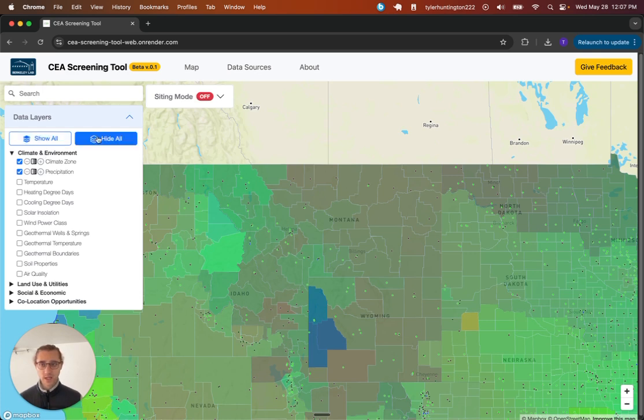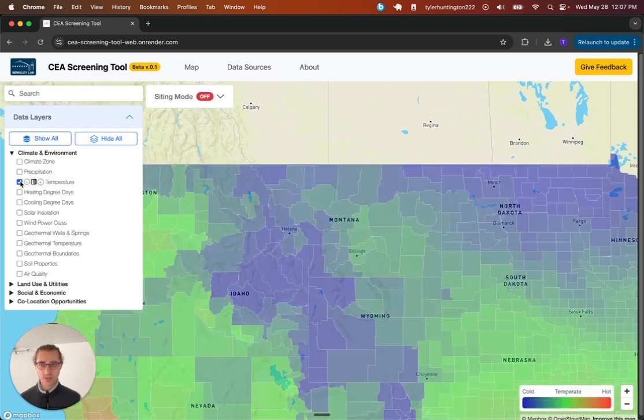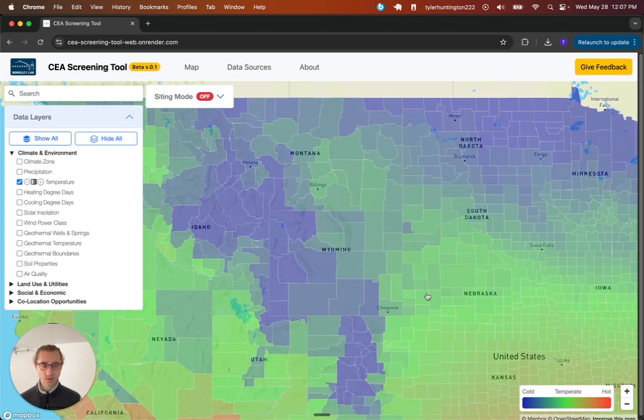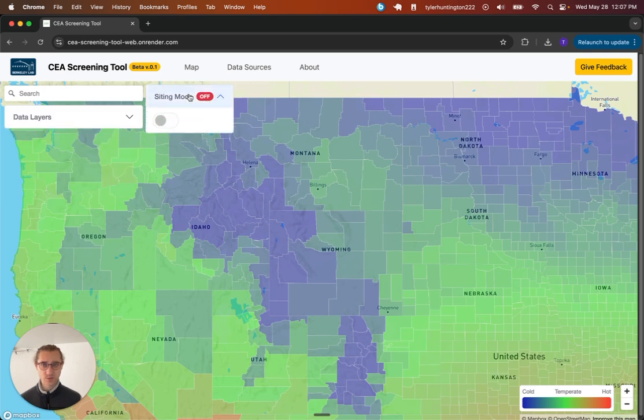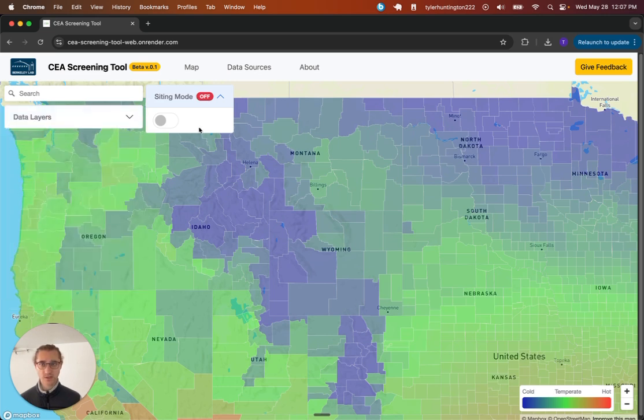So for now, I'll hide all the layers. I will maybe bring up the temperature base layer and go into the next feature here, which is siting mode. You can collapse these panels to give yourself a better view of the map at any point in time, and then expand them again if you want to edit things. So I'm just going to collapse this data layers panel, go into siting mode here, which by default is turned